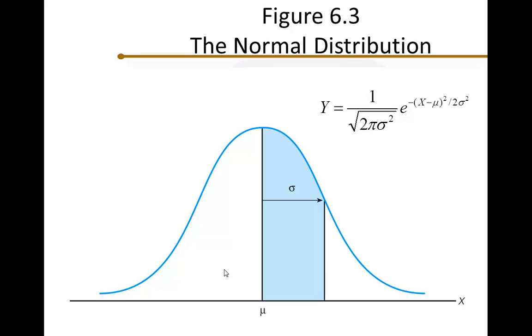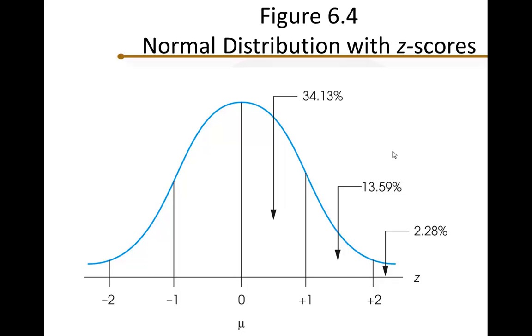Okay? So here's an example. In a normal distribution, my mean is here of my population and then a standard deviation. I know one standard deviation is a z-score of +1. Okay? You do not have to know this formula. This is just to show you there is a formula for how we get to this, but you're not required to know that formula. All right, so if we look at a normal distribution with z-scores, we know in a normal distribution that